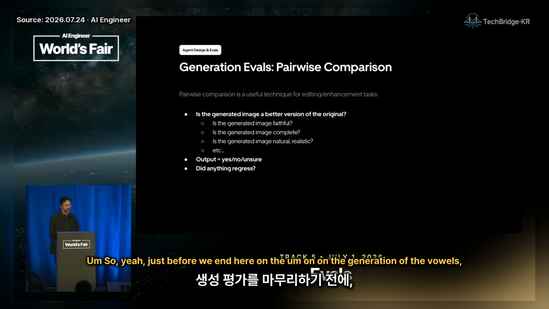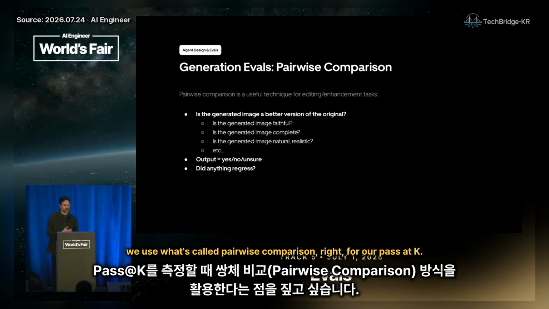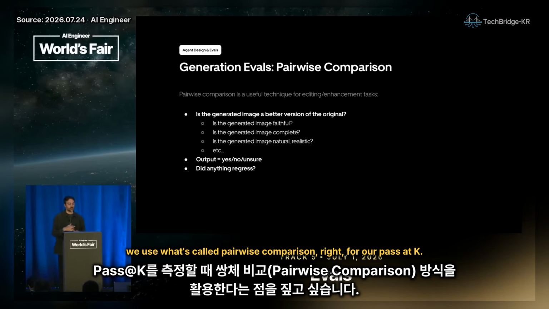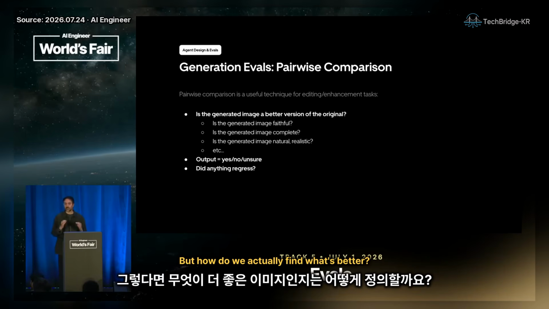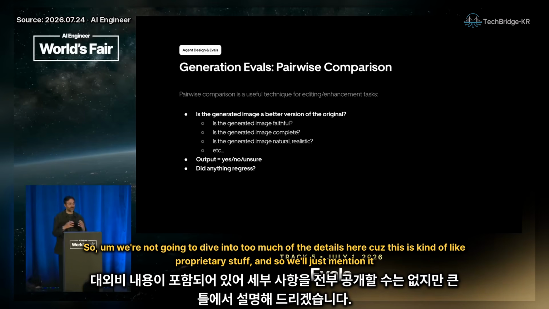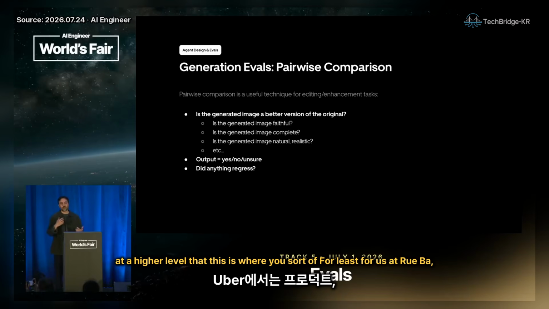So yeah, just before we end here on the generation evals, we use what's called Pairwise Comparison for our pass at k. So it's looking at the input image and the output image, and it's assessing whether or not it's better. But how do we actually find what's better? We're not going to dive into too much of the details here because this is kind of proprietary stuff, and so we'll just mention it at a higher level that this is where, at least for us at